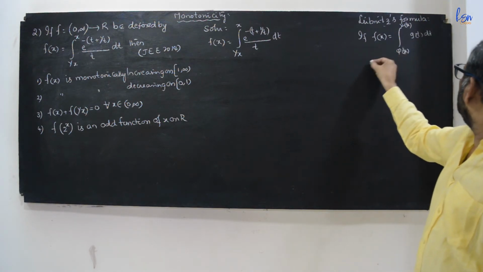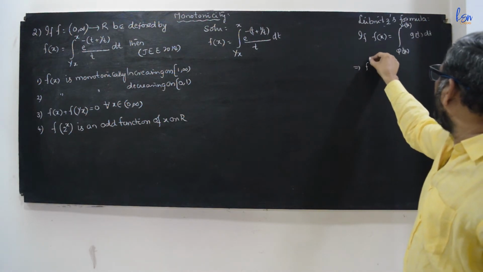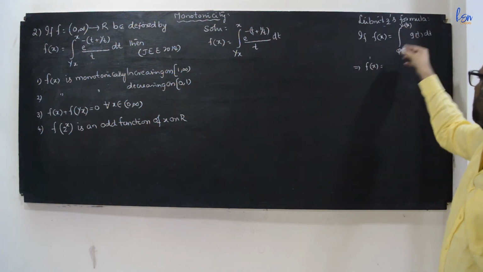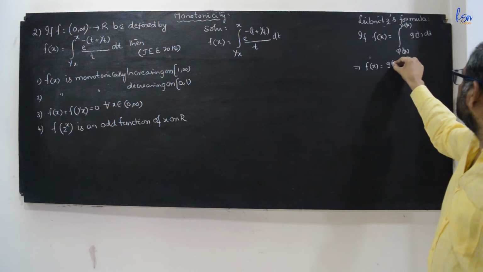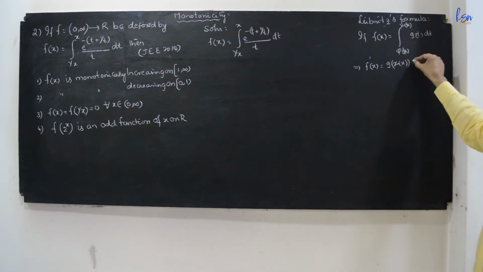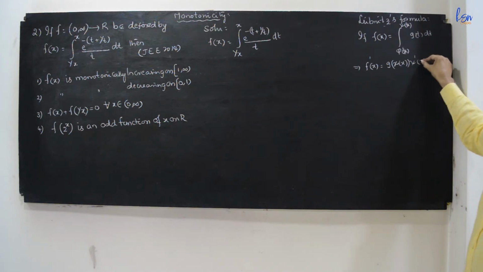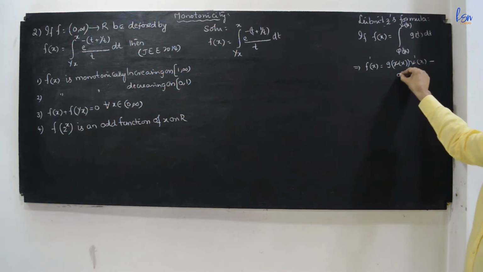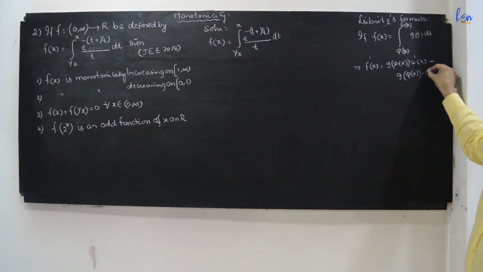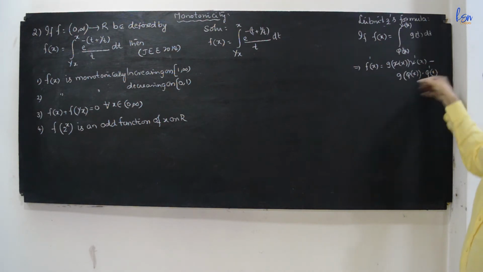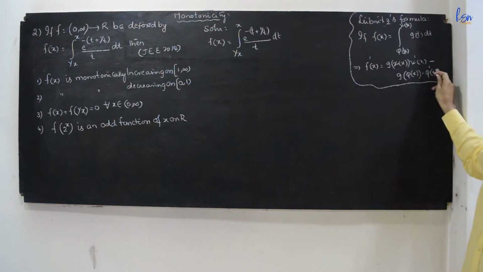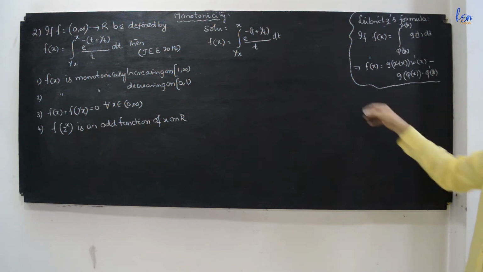then on differentiating this, f'(x) equals g of psi(x), substituting the upper limit in the function, into the derivative of the upper limit with respect to x, psi'(x), minus g of phi(x) into the derivative of the lower limit, phi'(x). This is the Leibniz formula. We will make use of this formula in this problem.